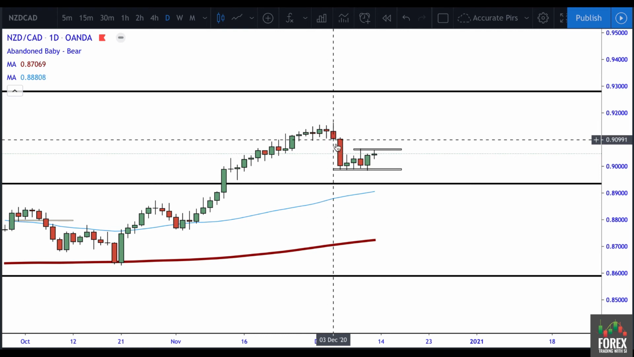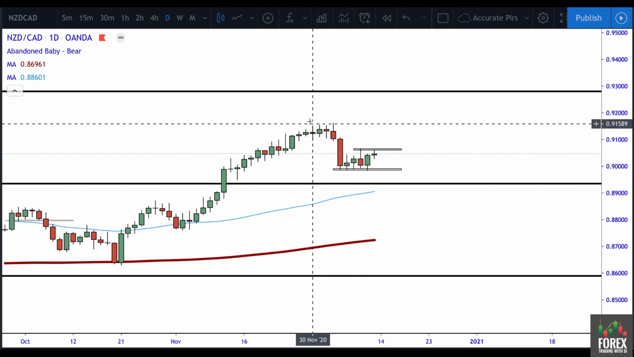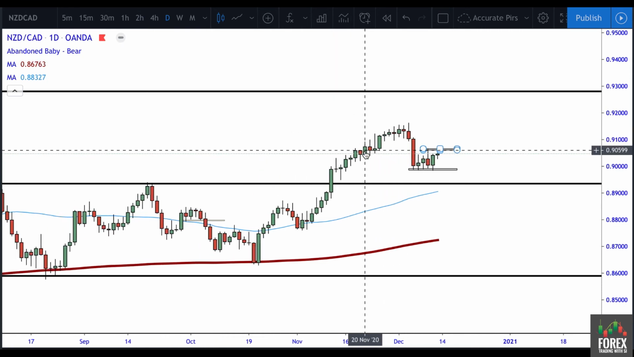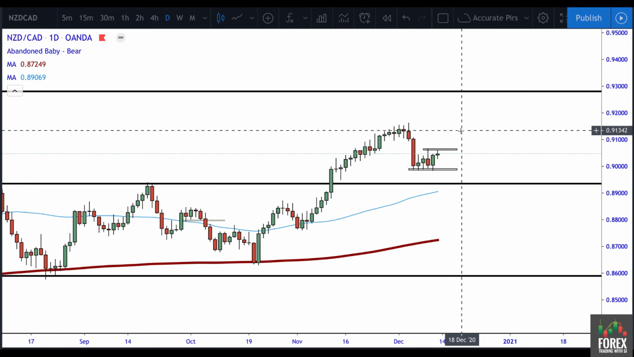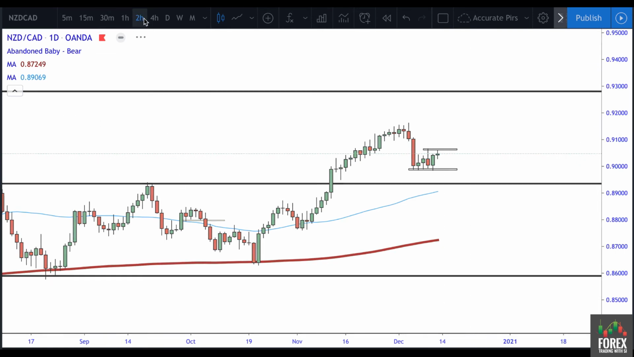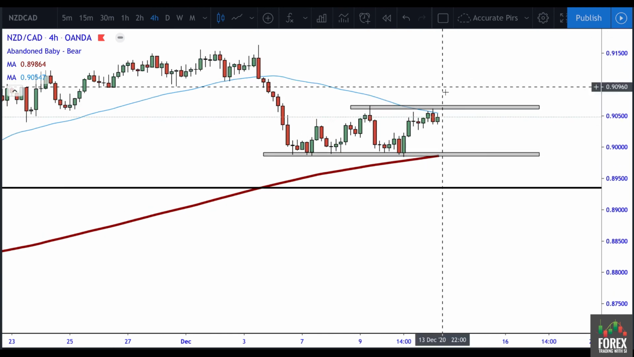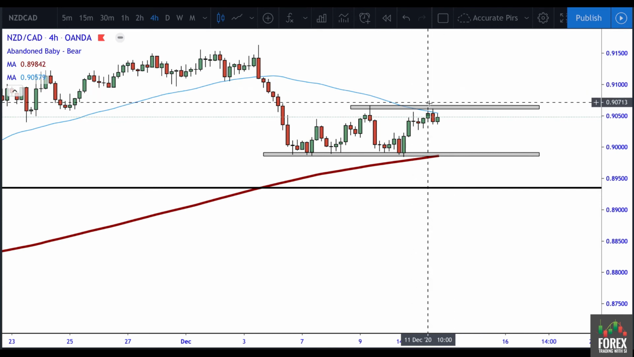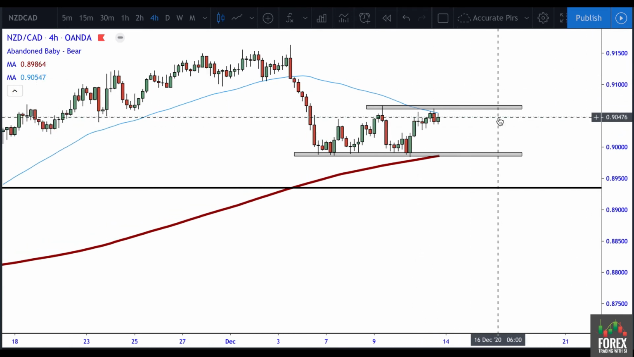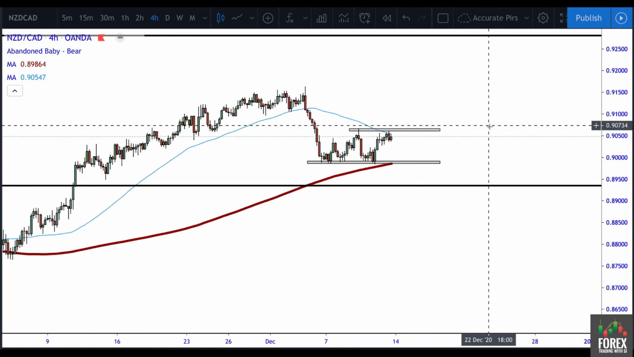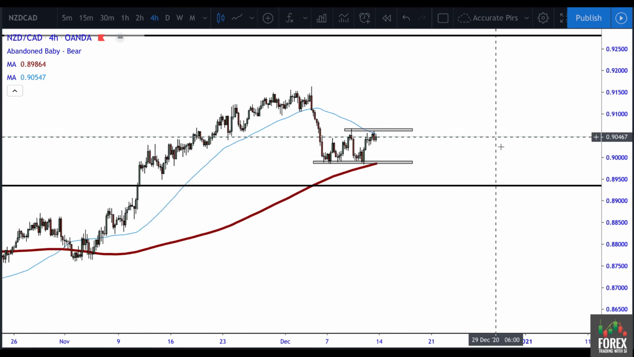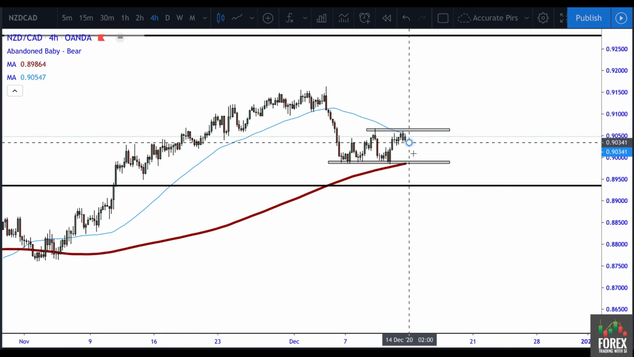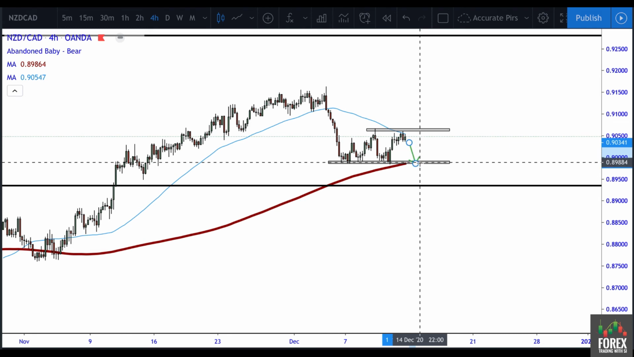But right now on New Zealand CAD, we've had a nice pullback. Last week we saw a nice pullback from the New Zealand CAD. So are we going to start continuing this upwards trend? What I'm looking for now is a break to the upside. I'm looking for price to break this temporary resistance level and start continuing its bullish trend. If not, we can see price come back down to the support level here,